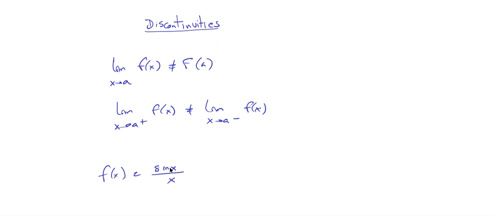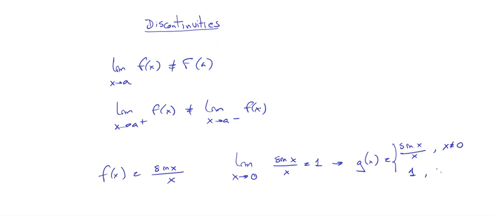So this function is continuous in all points except 0, right? Because 0 is not in the domain. But what happens at 0? Well, the limit when x goes to 0 of the sine of x over x, we know it's 1, right? So if we define this function g of x as the sine of x over x when x is different than 0, and 1 when x is 0, then now we have a function that's continuous in the whole of